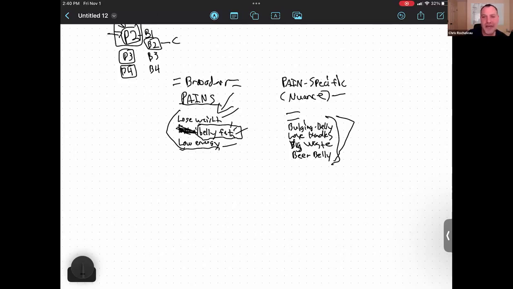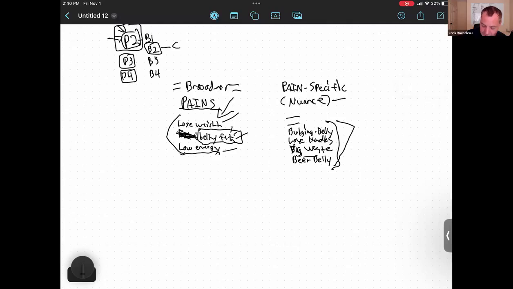So where does this play out in the tests? This could be doing a new PBC test. Or you may have already gone through CIA and you found a formula that works really well. And you may say, okay, instead of belly fat, I'm going to use that same formula and I'm now going to test each of these. I'm going to do 4 of the same exact headline formula and I'm just literally going to substitute another way to say the same thing.